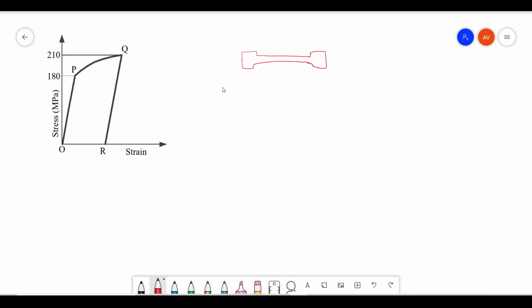Initially, you will have some dimension, right? Since it is tension, you are going to pull this. When you move from this point to this point, in this particular case it elongates, right? Yes. So you will get something like this,